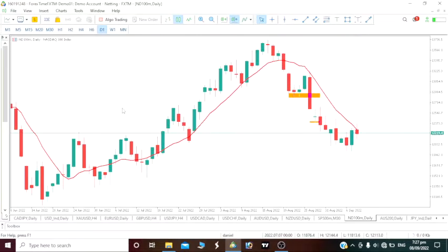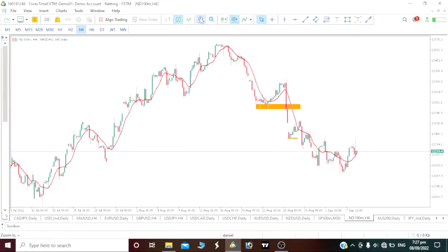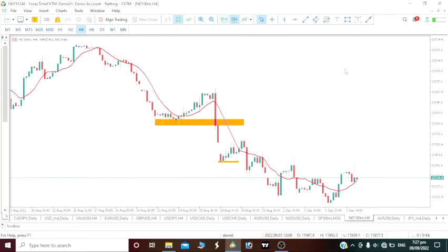So to actually enter this trade, to actually place a trade, we would scroll down to our 4-hour time frame, which I've just highlighted. Now see it this way. Let's start from here. There was an impulse move here. We had a correction around this area. We had a good amount of impulse move.